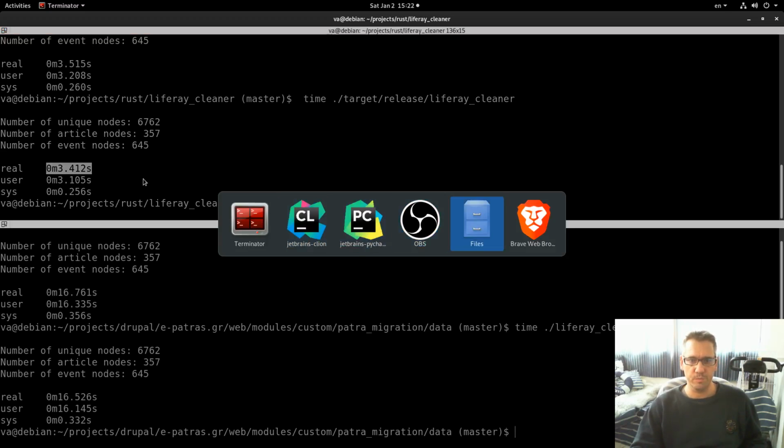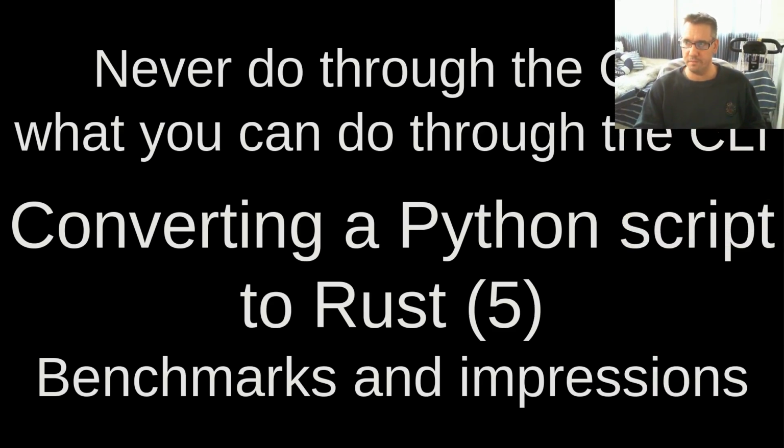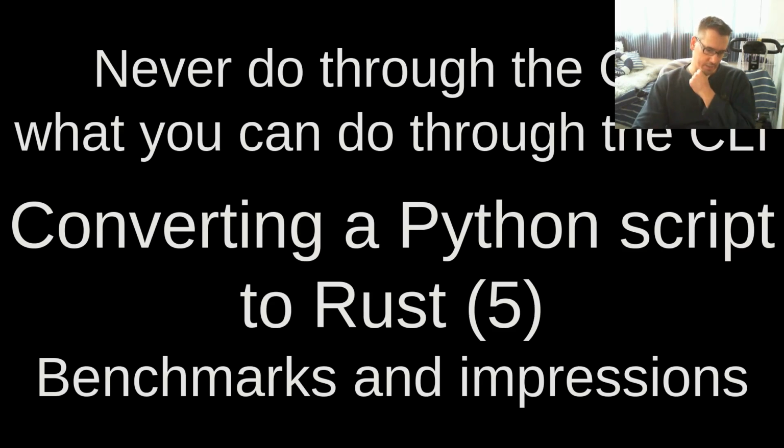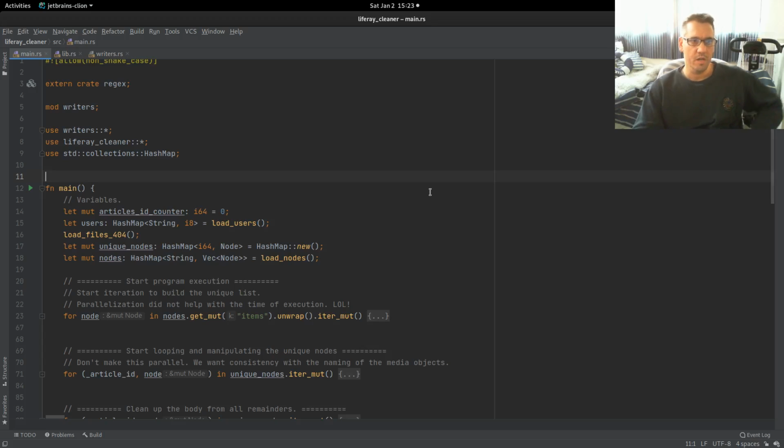Now, I want to go into the impressions part. So what were the impressions that I had while developing in Rust? What was the overall experience? The overall experience for me is a very pleasant one. I really enjoyed using Rust, and what I enjoyed was the fact that